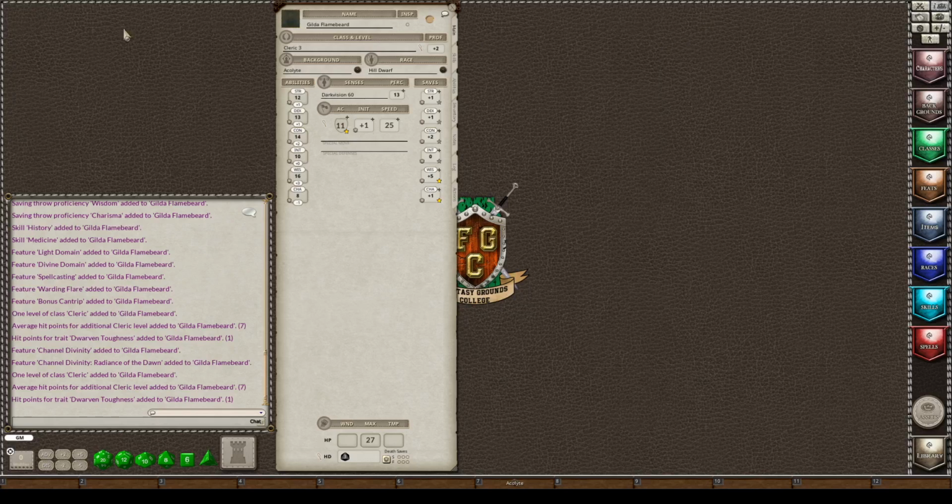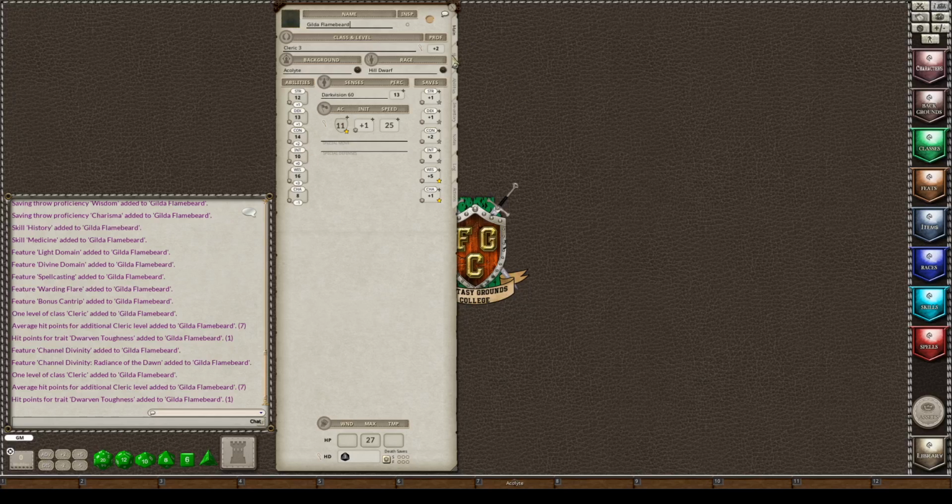I could close this down because I'm finished with leveling her up, and she ends up with a 12 strength. That is not correct. That's not what I wanted to do. Oh, that's because I didn't choose standard array. Oh well, I guess she's just not going to be able to use her scale mail, because you need 13 strength to use that. So yeah, she's not going to be a very good cleric with AC wise anyway. She does have good wisdom, so her spells will be good, but she's not charismatic. She has a decent dex, and her con is good.